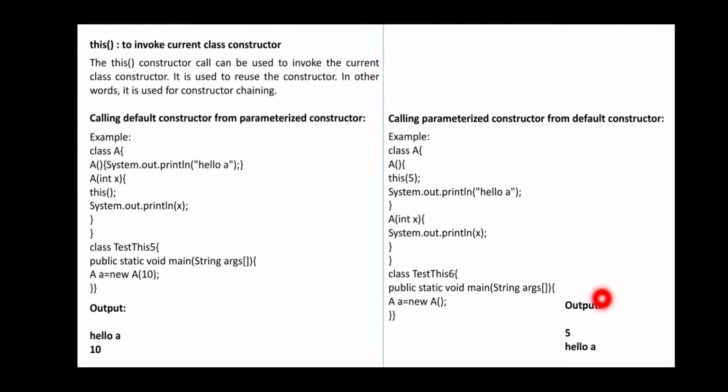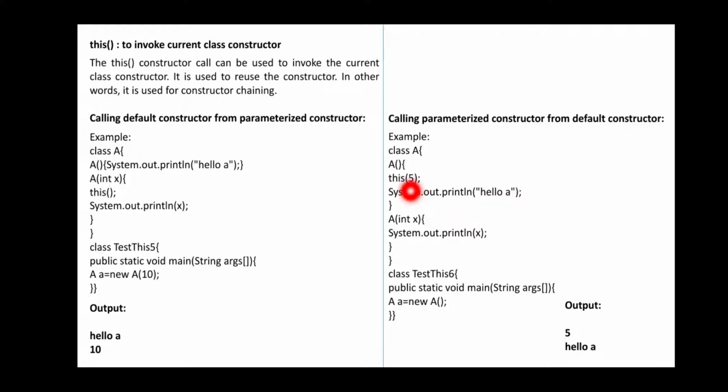Just you can check, 5 is displayed first, then afterwards you are going to have hello a. Then a of int x, whether you are going to have anything, it is not going to display. This is not at all in use. Have you passed any parameterized constructor to A here? No, means this particular function is not going to be executed without any sense. There is no execution of this particular program. This 5 is going to be displayed because 5 directly goes to the object a and displays through the function without any